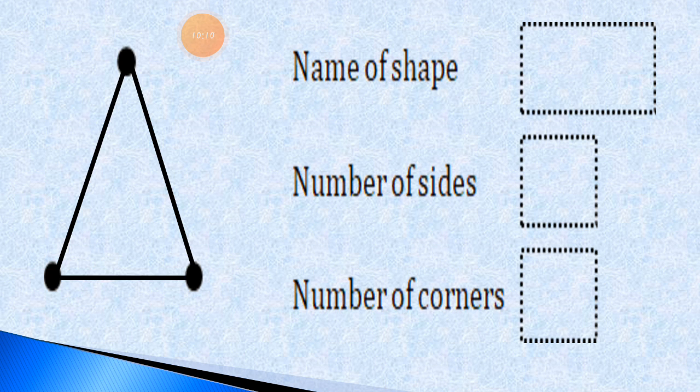See this. I draw one slanting line here. So which shape did we make? By using the lines, by joining these three dots, which shape did we make? So we made the triangle shape. In this given answer box, we have to write the name of the shape, and the right answer is triangle. What is the correct answer? Triangle. You have to write down the spelling of it. Name of shape is triangle.